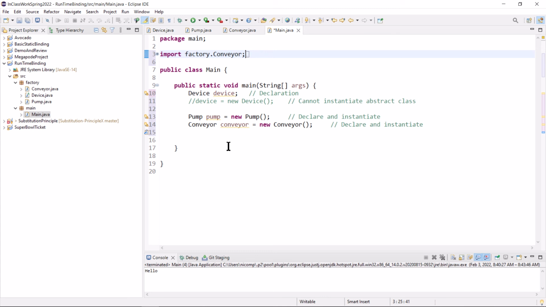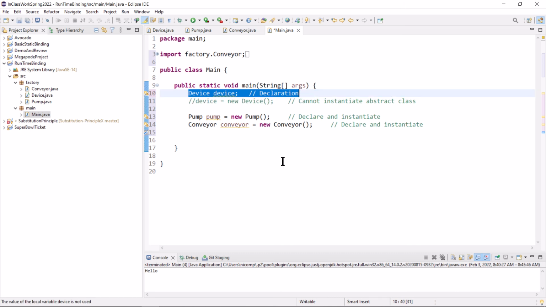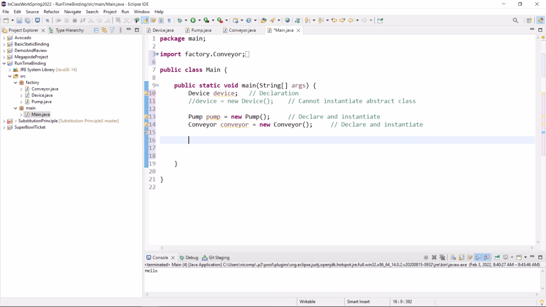We have a device object, but it's empty. So it is of type device. It just doesn't point anywhere. It doesn't refer to anything. If I try to use it, watch. If I say system.out.println device dot shutdown,